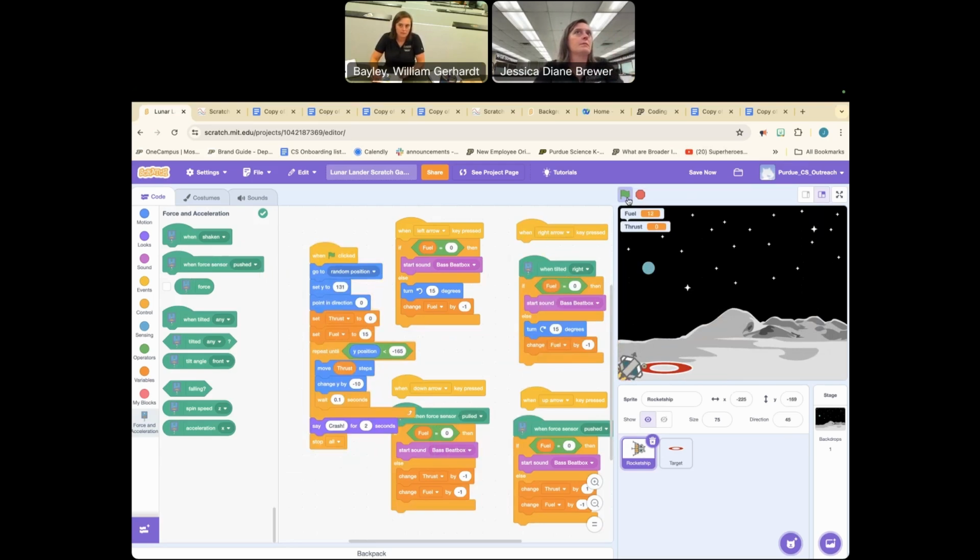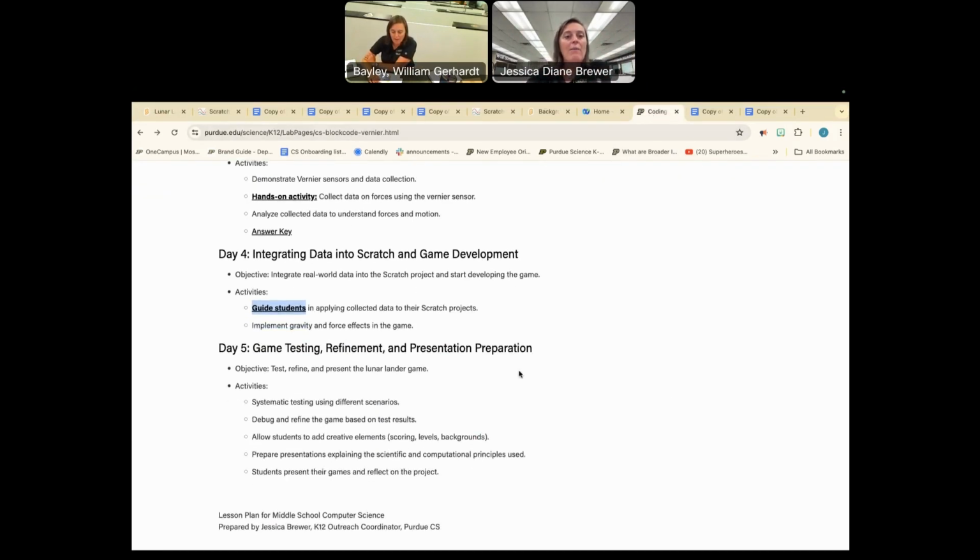So just different ways to think about how to incorporate coding into your classroom with some stuff you already have. Or if you don't have it, you can still do coding. You need to go back to the lesson plan. So to wrap it up then,